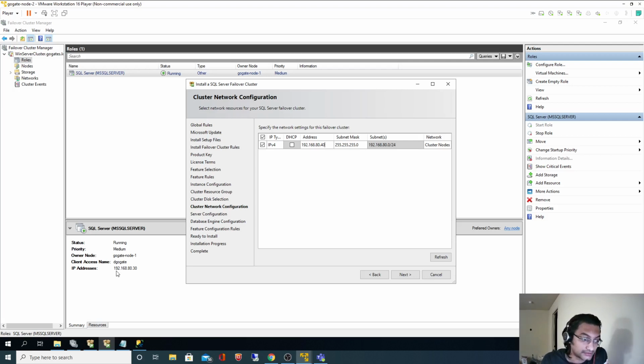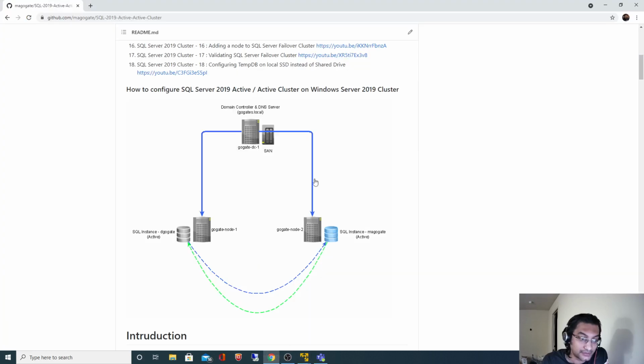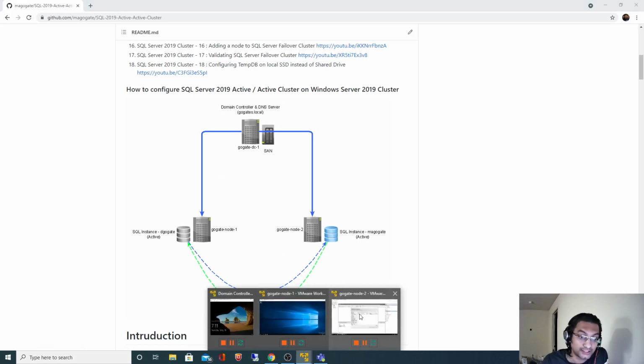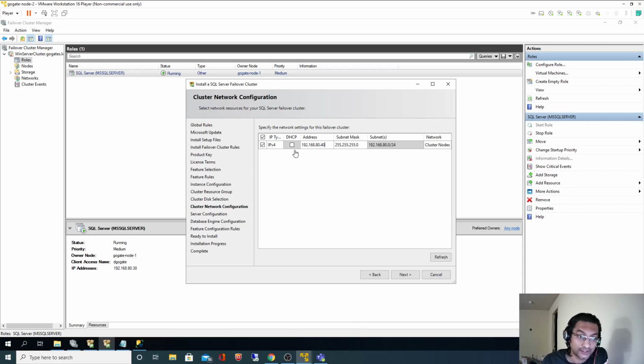See, this is in the same range, and similarly the remaining three nodes which we have installed also have the same IP address range. The reason is that these nodes should be able to communicate with this SQL instance which we are configuring, so they have to be in the same network. We'll click next.